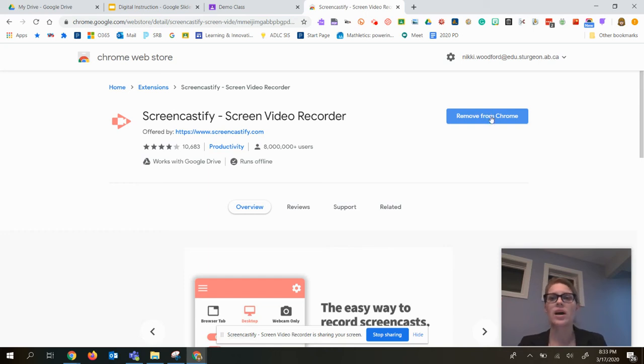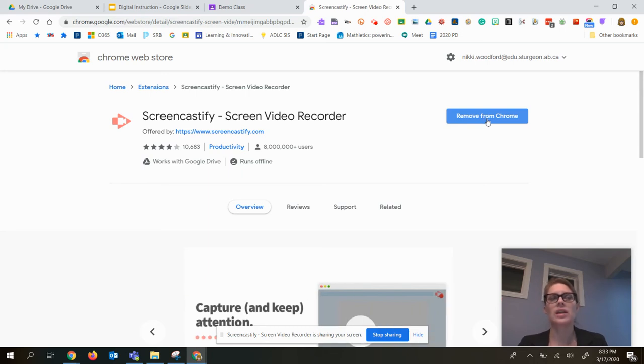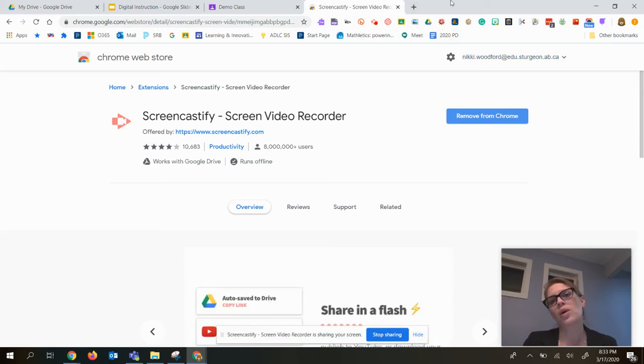But as I have it, I see remove from Chrome. If you don't have it, you just click on that button and it will start the installation process to your browser. You'll notice that there will probably be a tab that opens up and it'll take you through a